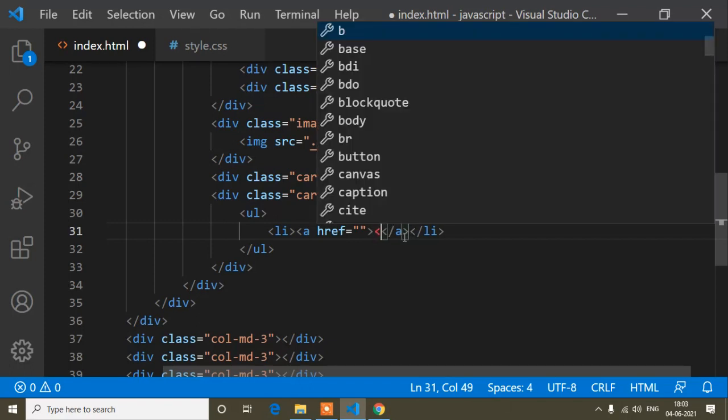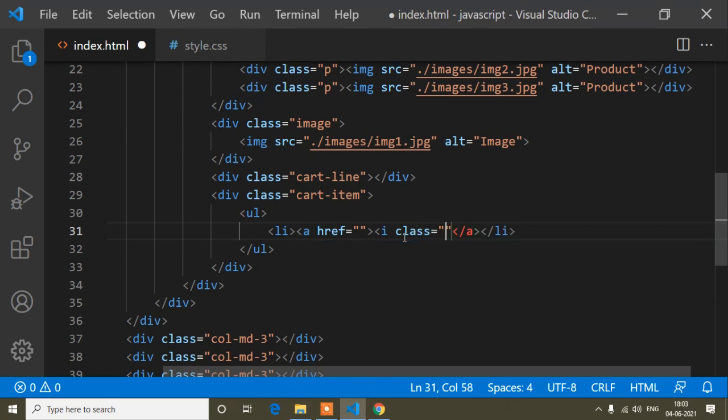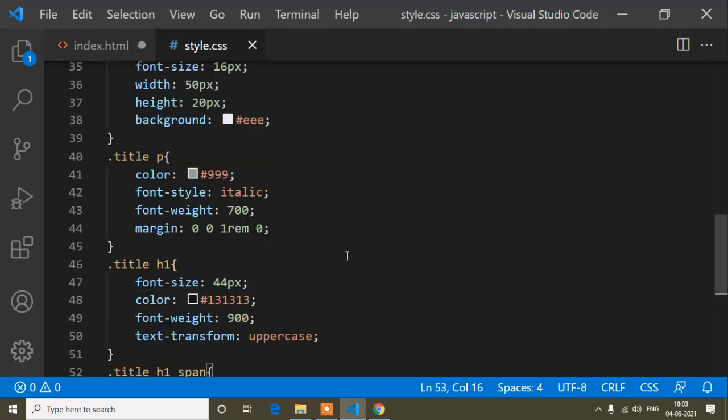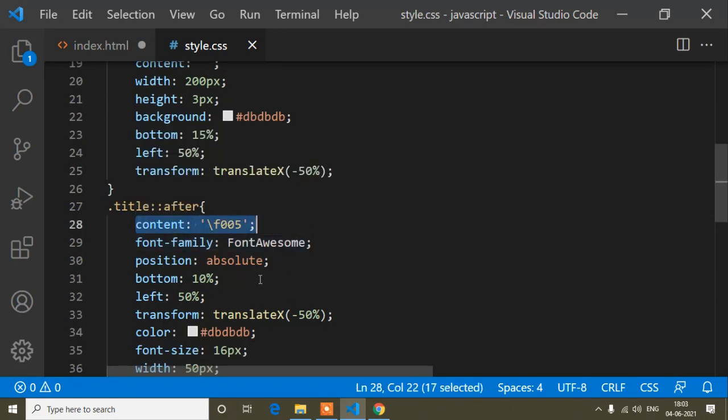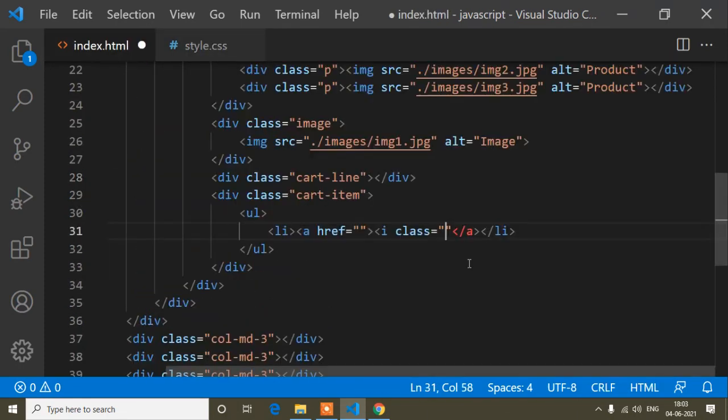Now here I will use the font awesome icon using class, but before that I had shown how you can use font awesome icons using the icon code in CSS. Here I had shown you how you can use font awesome using code, but now I will show how you can use font awesome using class. So now the font awesome class code I will write is fa and cart. Let's check whether by this class I am getting the font awesome icon or not.